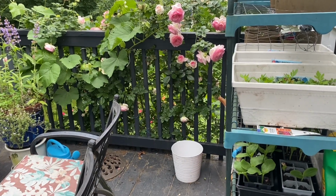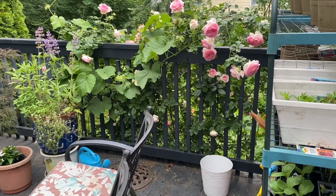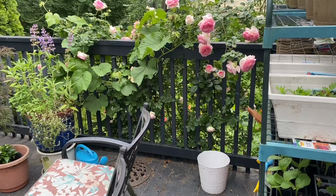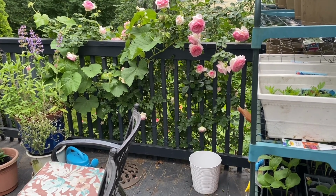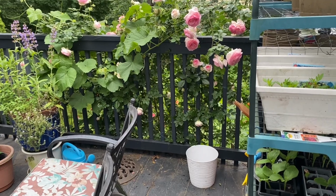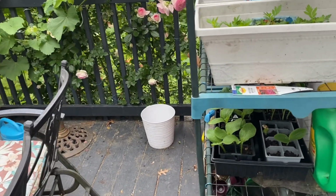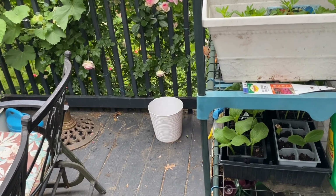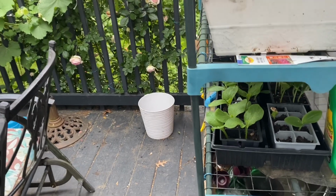Well, it is Saturday morning, and it is about to rain today. We're going to have a rainy day. So I've decided to come on out and just let you see what I've been up to here on the deck. Well, I have seeded out some of my pumpkin seeds, my porcelain pumpkin, sweet pumpkin, and also I've seeded